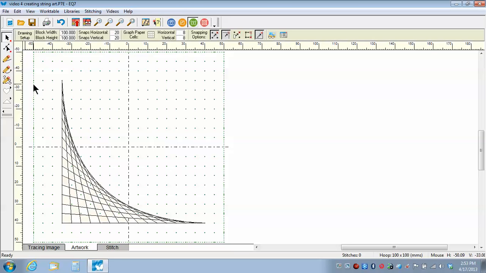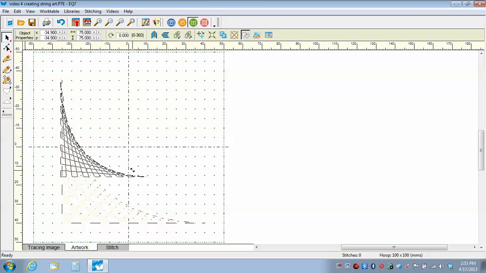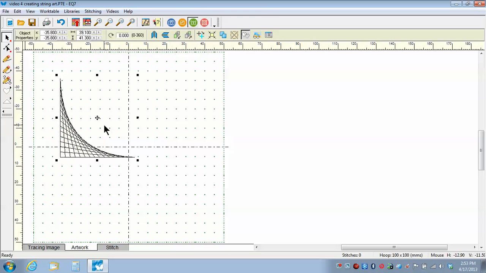So I'm going to use the pick tool. I'm going to click and drag around the entire area, and then I'm going to resize it, and I'm just visually going to resize it down. So it's quite a bit smaller. I'm now going to take this center crosshair and I'm going to move it